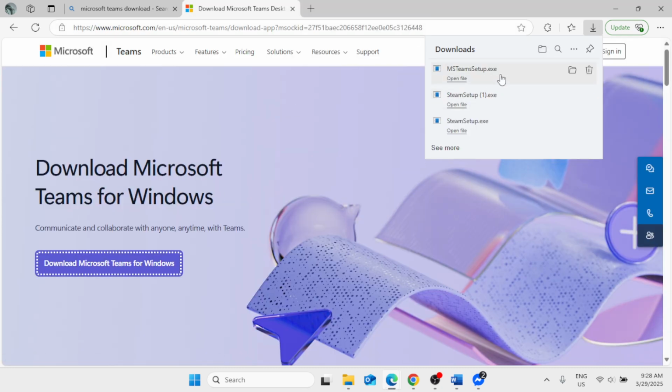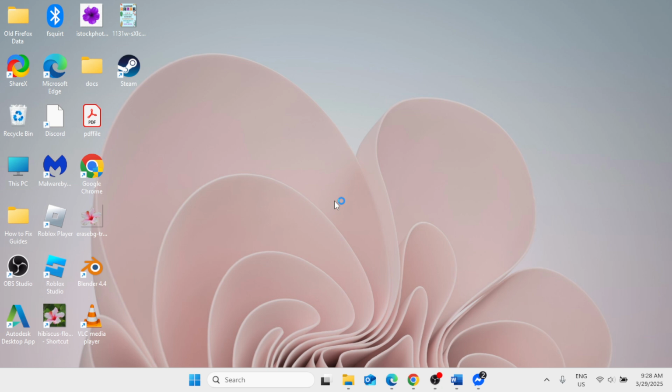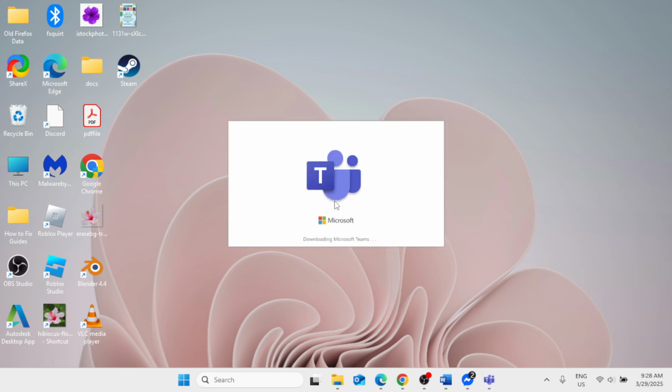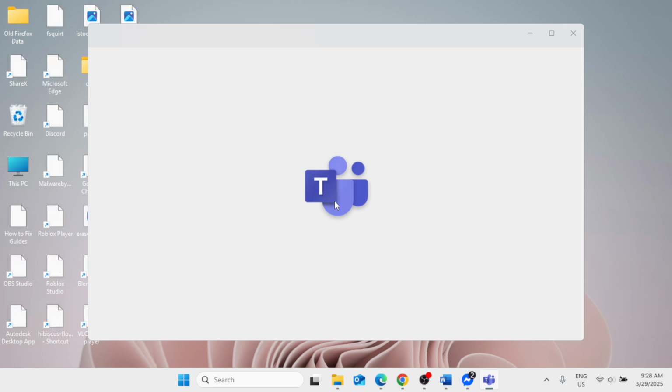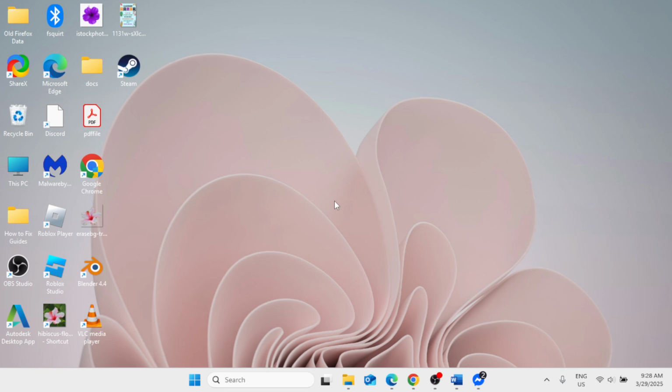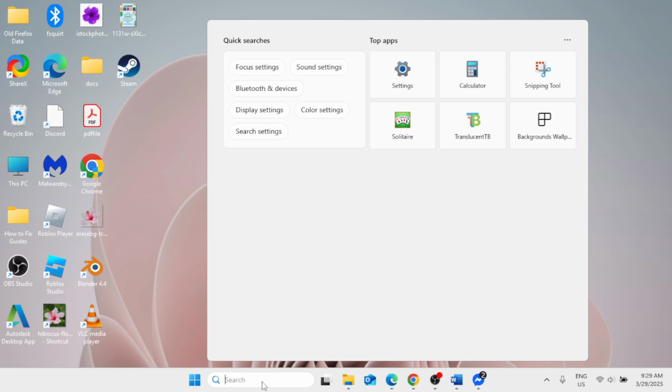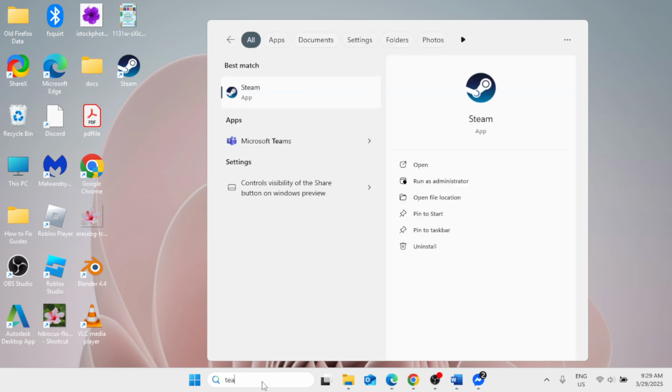And the setup file will be downloaded. Now once done, click on it and then close the browser. And now this is starting the application. Now to confirm if it has been installed on our Windows, simply search for Teams in the Windows search bar